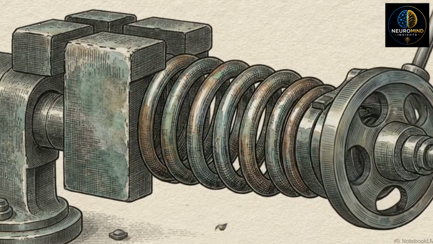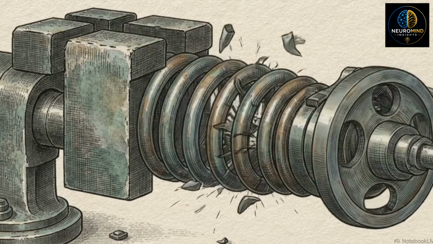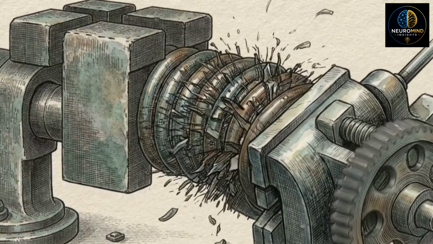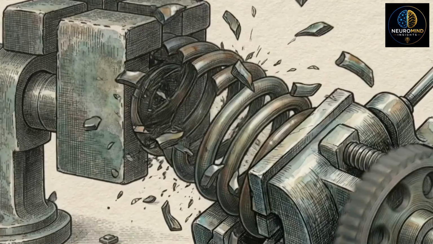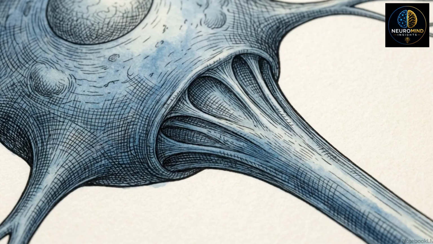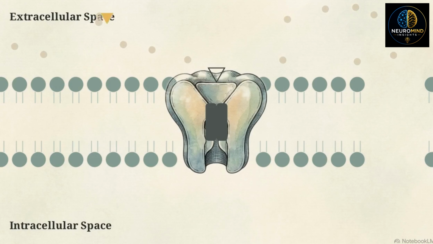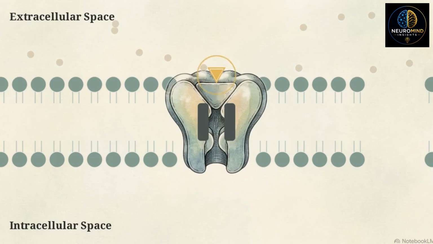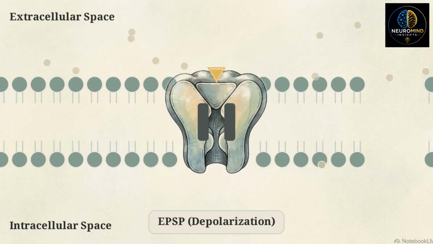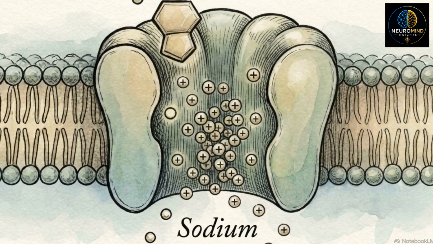The resting membrane potential is a state of highly maintained electrochemical tension. It operates like a coiled spring, burning ATP to prepare for a signal. The axon hillock holds this tension while the rest of the cell listens. On the neuron's dendrites, the cell receives incoming chemical messages from neighboring neurons. These chemical messages interface with ligand-gated ion channels. These channels remain closed until a neurotransmitter binds to a receptor pocket on the protein, triggering a conformational shift that allows ions to flow. When a stimulatory neurotransmitter like glutamate binds, it opens sodium channels.